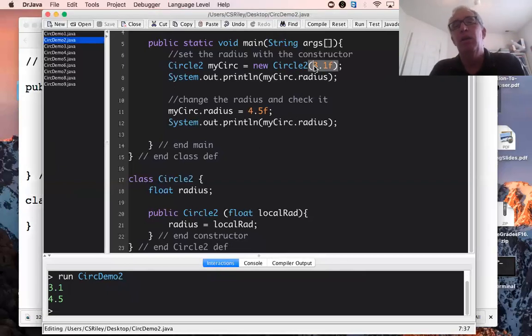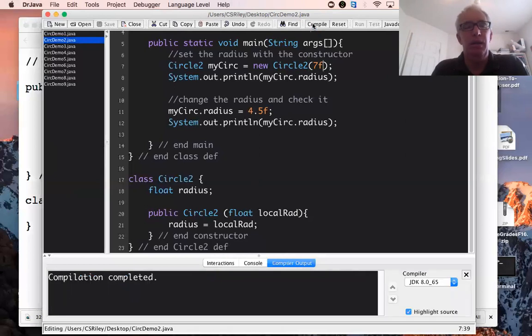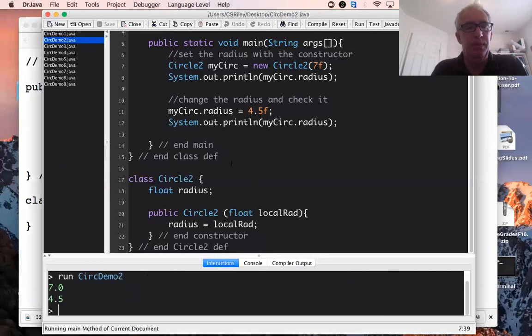Well, let's do something different. What if we do this? 7f. Okay, can we do that? Sure we can. Save it, compile it. This time we're expecting to see a 7 in the first try. 7, son of a gun, it's working. So this is pretty exciting. We can make a circle with any size. Now,